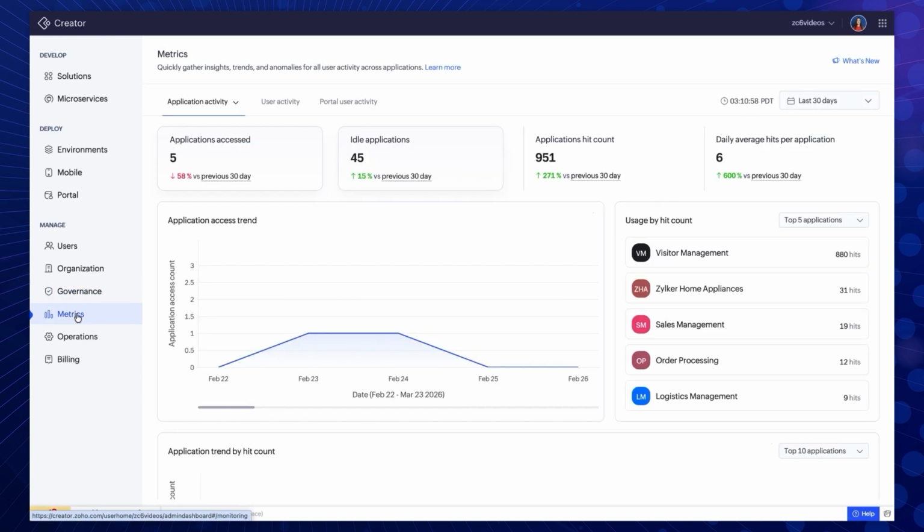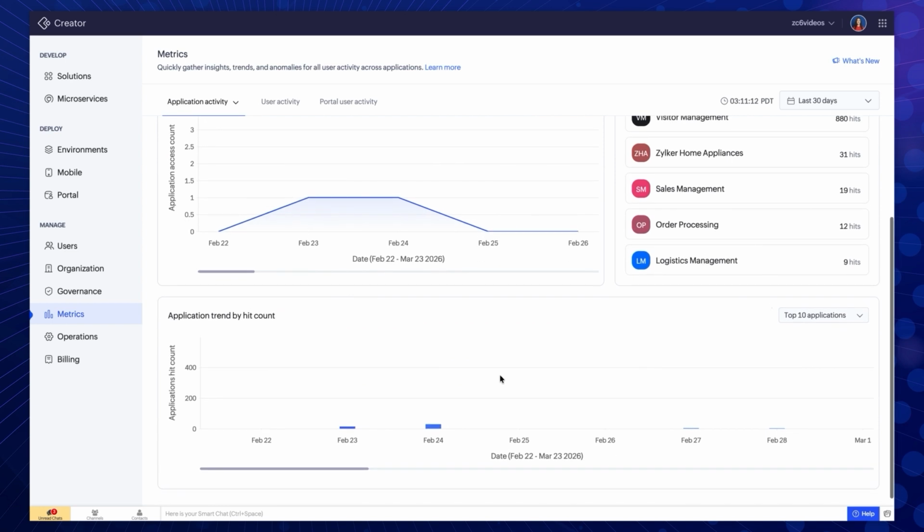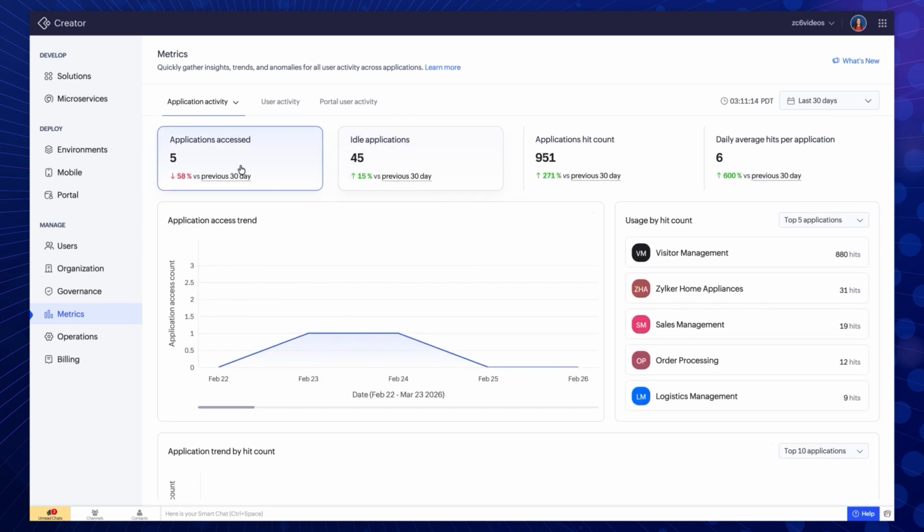Now we also have the metrics module. The metrics module helps you have an overall idea of what is happening within the account. You can manage all the applications and see the statistics of their activity. So from here I can see all the active applications, the accessed applications, idle applications, and I can see how